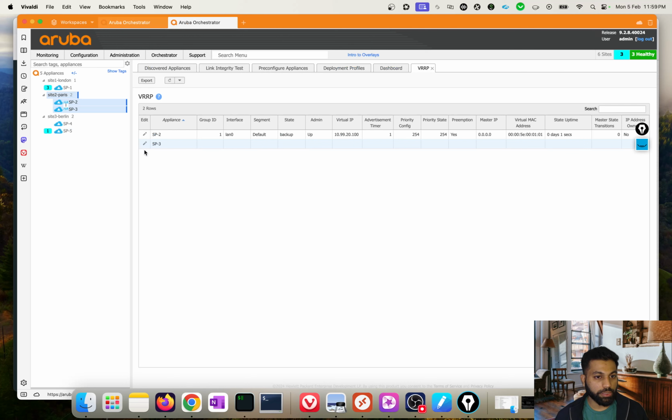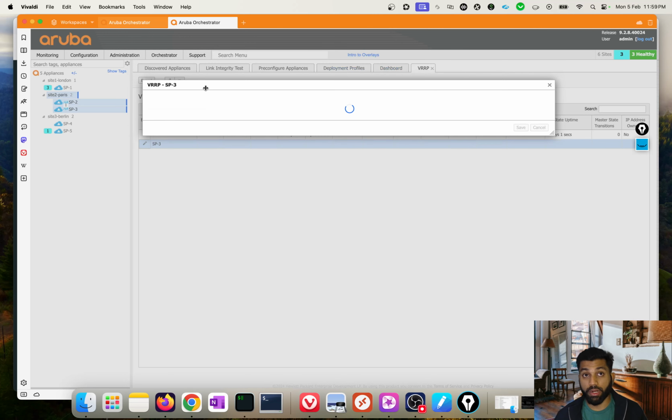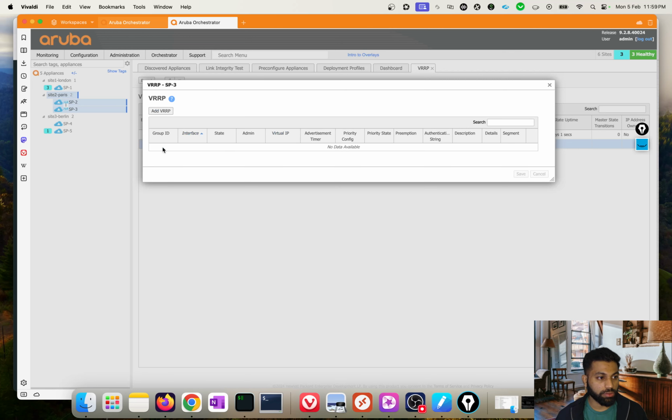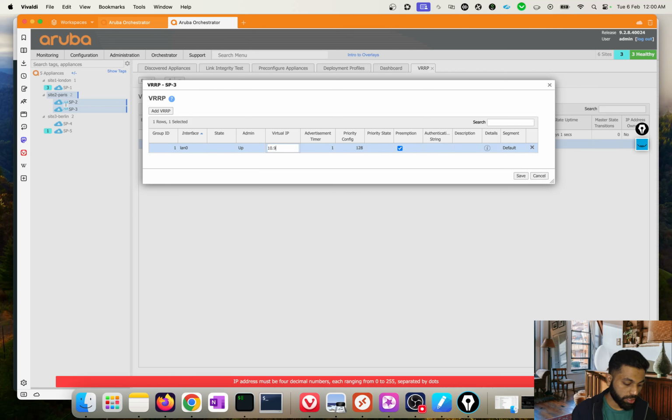Let's do something similar on SP3 as well. Let's click on the pencil icon and put in the same VRRP IP, the virtual IP. Once it loads, there you go. So I'm going to say add VRRP, group ID is 1, the virtual IP is going to be 10.99.20.100,